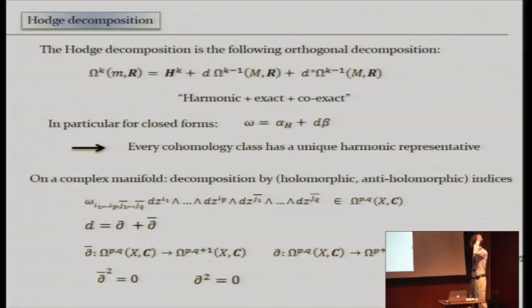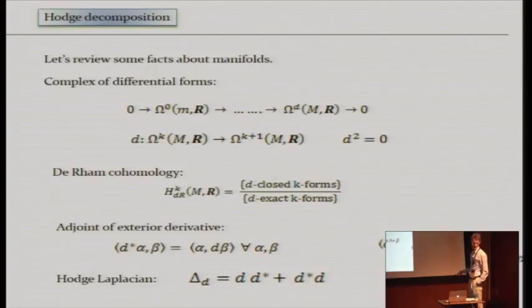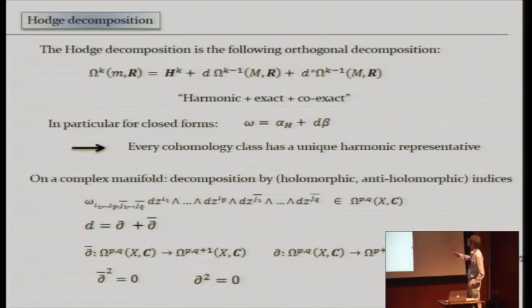So the Hodge decomposition is the following statement. Given a general k-form, I can decompose it into 3 pieces, and in fact this decomposition is orthogonal with respect to the inner product that I just showed you. What are these 3 pieces? There's a harmonic piece, a piece that's annihilated by the Laplacian, and then there's an exact piece, and then there's a co-exact piece. All of these are orthogonal. This is the basic statement, and there are now a lot of things that follow from that.